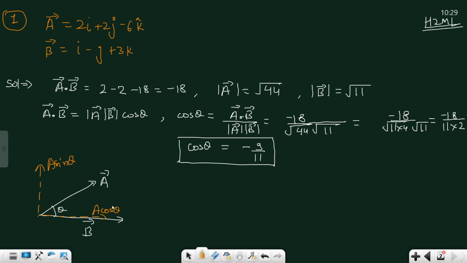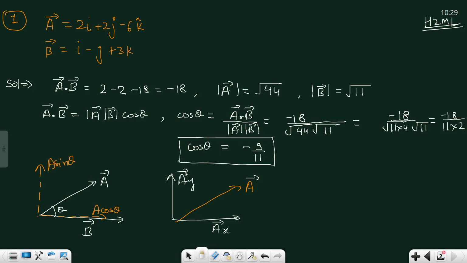So you need A cos theta as the magnitude, and the direction of B will be the B direction vector. So the component of A, if this is the A vector, one will be along the y direction, AY, and one will be along AX. Clear? Is it correct? So A will have two components, one along the y direction and one along the x direction. Any doubt in this? Could you please explain this again?